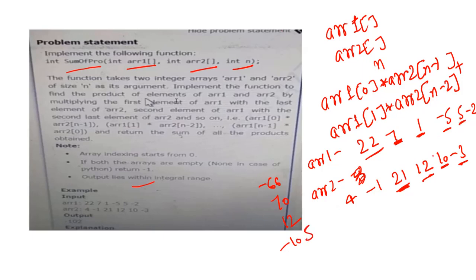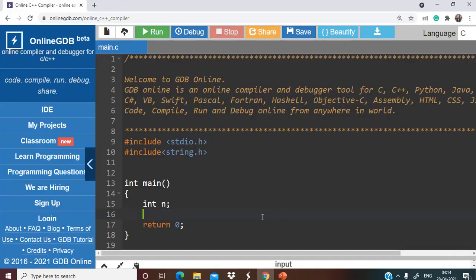You have to multiply this 5 with -1. That will give us -5. You have to multiply this -2 with 4, so that will give us -8. And then you have to add all of these multiplications, and if you add them, we'll be getting -102 as the output. So we have to print this in the output. So this is what we have to do in the question. I hope you understood the question. So without any further delay, let's move to the code part now. Let's understand what we have to do. So first of all, we have an integer n, right?